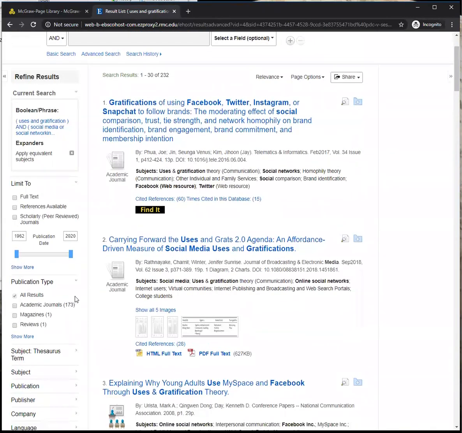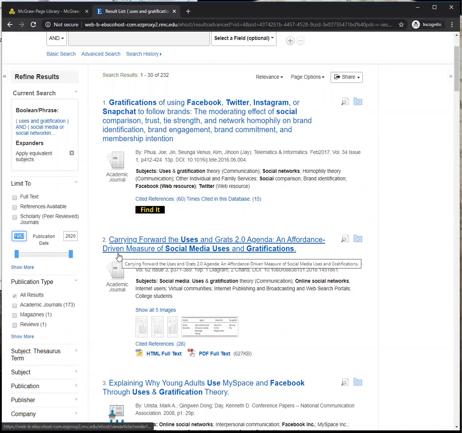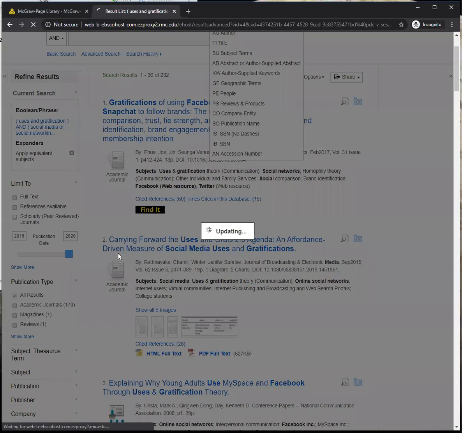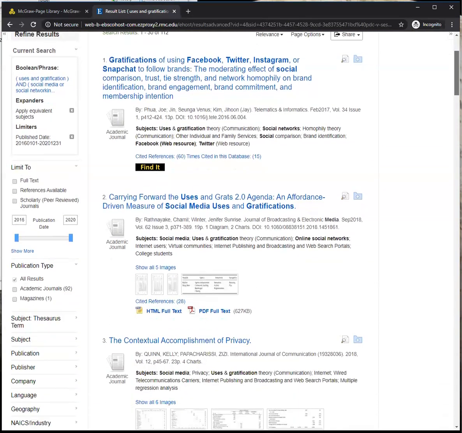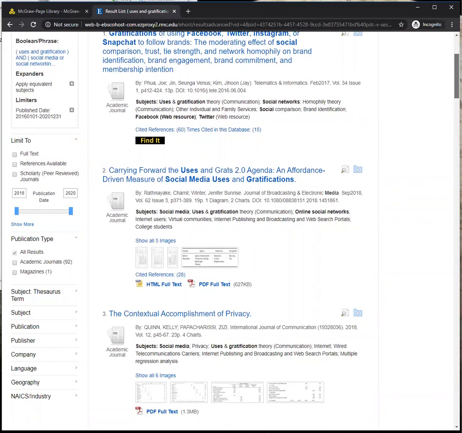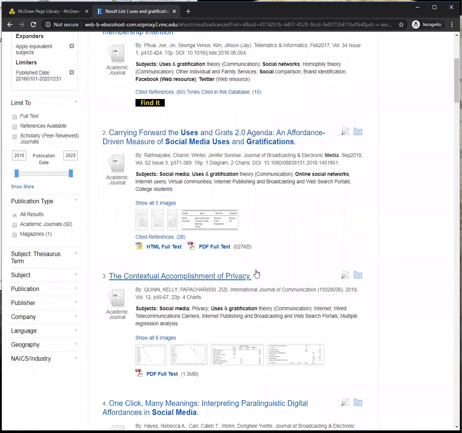Also, I know that you have to have 2 sources published since 2016. Conveniently, there's a date range here. 2016. Wonderful. So I said, even now, 112 things is a little much to wade through. What I like to do is when I get to this point, look at the titles of things that come up and see what is interesting to you. Being a librarian, I'm always interested in privacy. So this seems great. It's covering uses and gratification theory of social media use with the idea of privacy. Great. So I'm going to click on this PDF and see what we come up with.